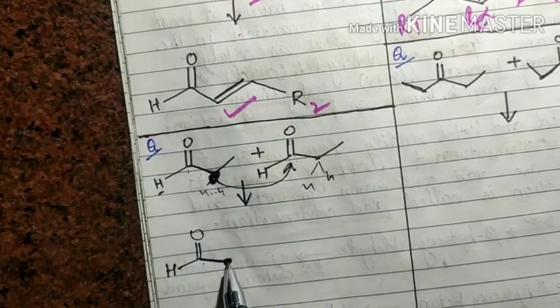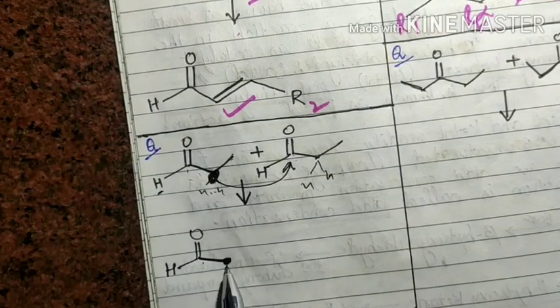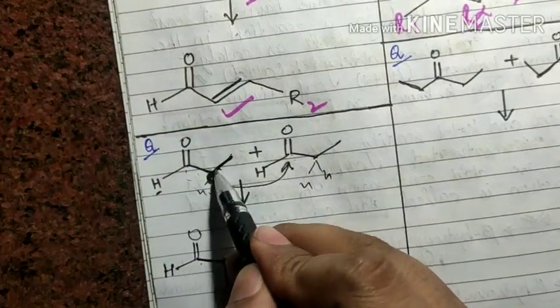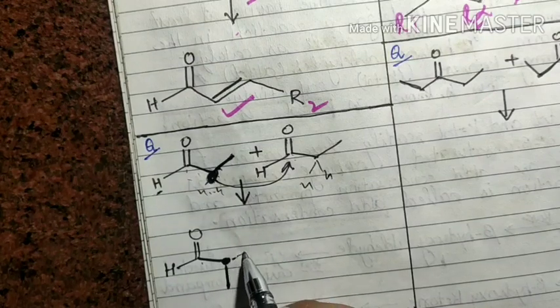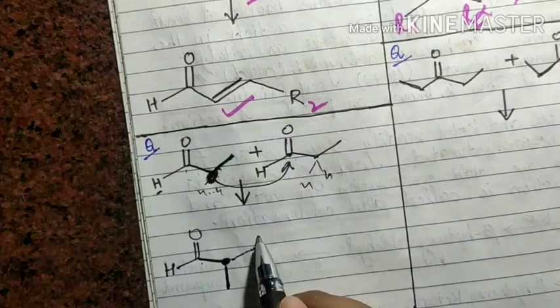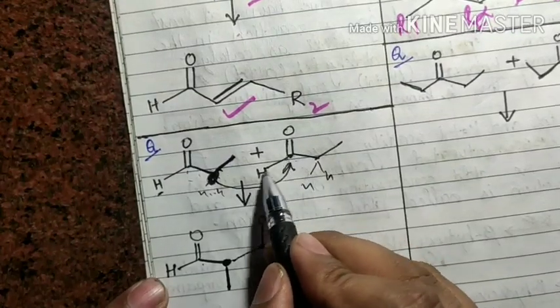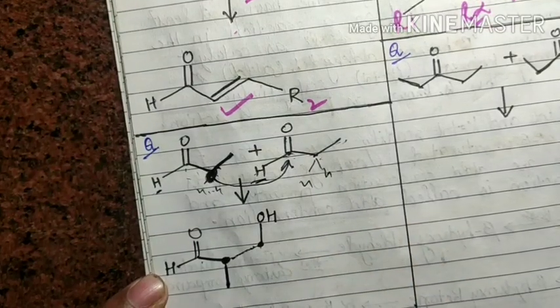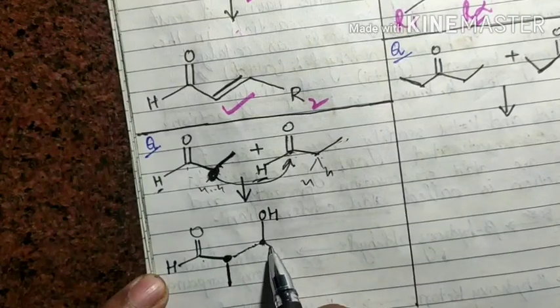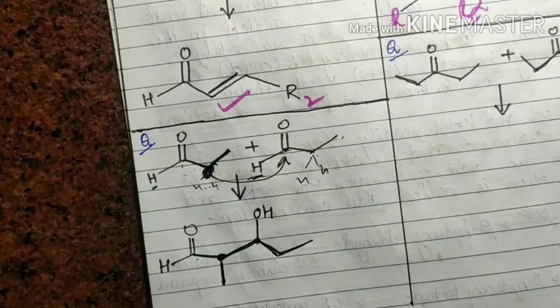Clear? This system we have as an enolate, but this system also has one carbon chain attached. So I write the one carbon chain here, and this carbon center we have as a nucleophile, and it forms a new bond. I write it here as a dotted line, so a new bond with this system. This carbon changes into the OH, and it is attached with one hydrogen and a two carbon chain. You know that I don't write two hydrogens, so I attach the two carbon chain directly. So this bond is a new bond formation, and this is the aldol product.